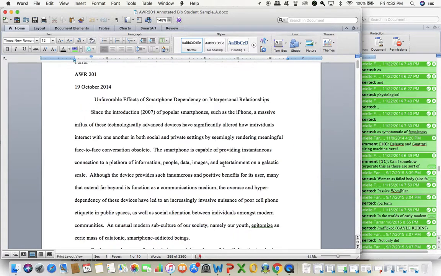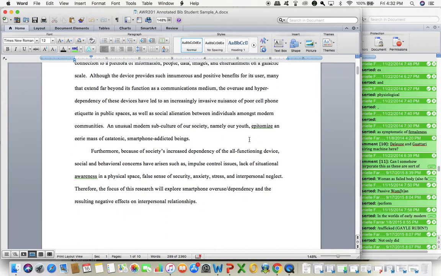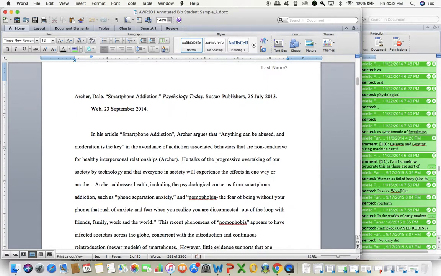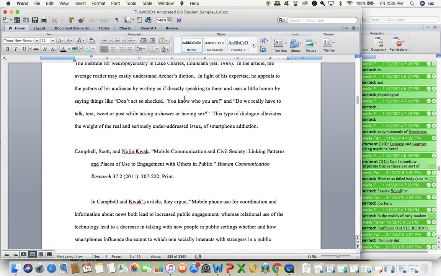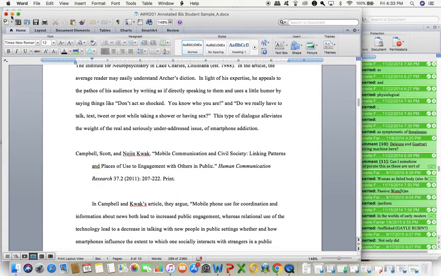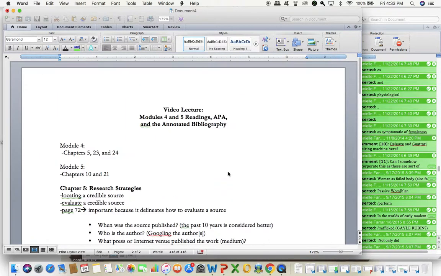But you don't have to do this kind of introductory. This is called a prospectus, which is basically like, this is my topic, and here's why it's an important topic, and here's an argument, and it kind of is a proposal for a research paper, followed by here are sources that corroborate that this is actually a topic that I can write about effectively. But that's what an annotated bib looks like, and you do want that space between